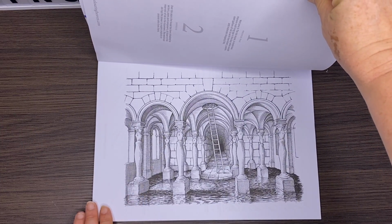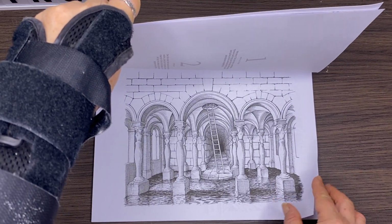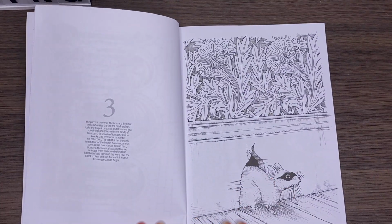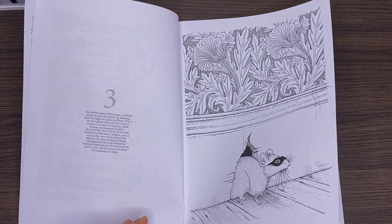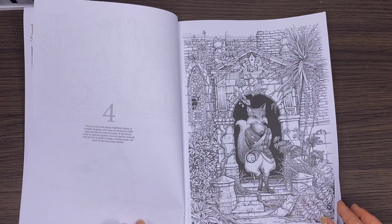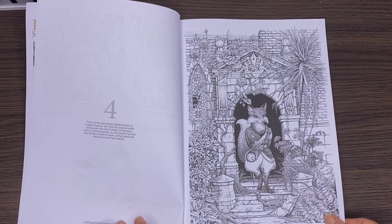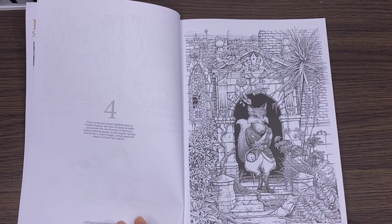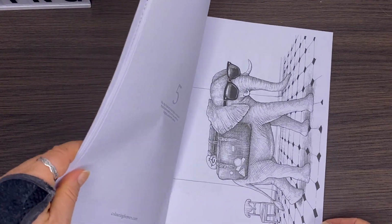As you can see, the pictures are both portrait and landscape style. So the Inkhouse is a mysterious mansion, and basically in the basement of the Inkhouse is a well of ink. So it's quite cute, and this is the cover art. Isn't it gorgeous? And so the style of this book is very sketchy,